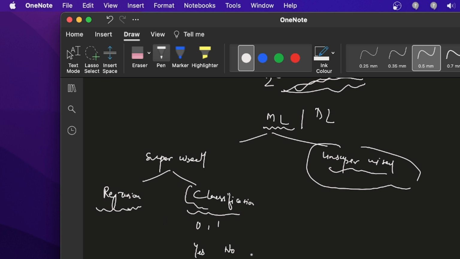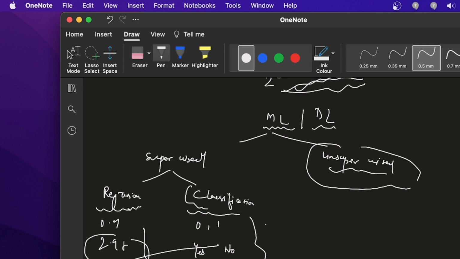This type of problem can be solved with classification models in machine learning, like logistic regression, KNN, SVM. But in the case of regression, the output is like 9, 0.9, 2.8, or anything; any output is possible. You can solve this type of regression with linear regression, or maybe SVM is also capable of solving regression. But in the case of deep learning, all these approaches are solved by the neural network.